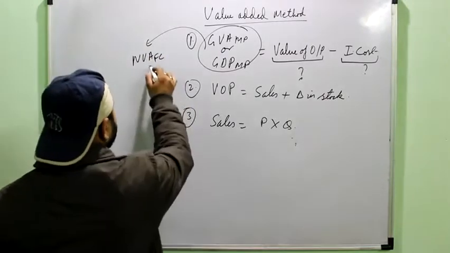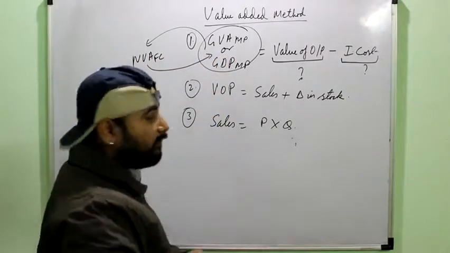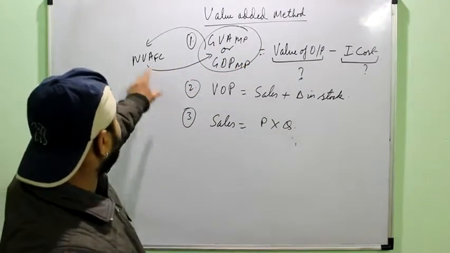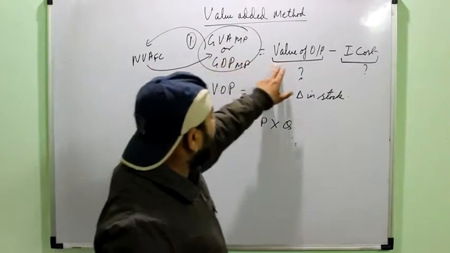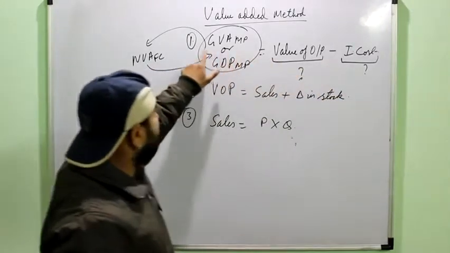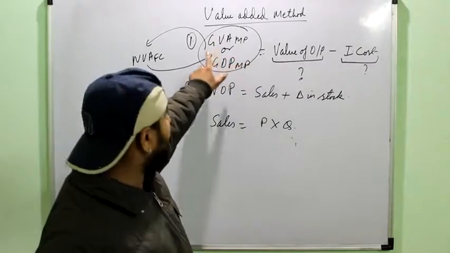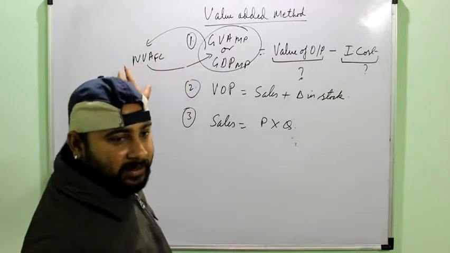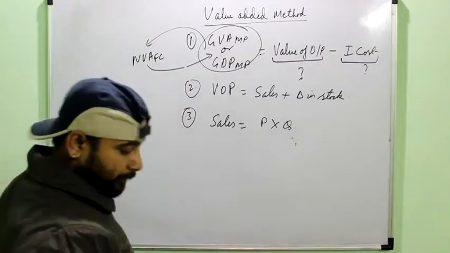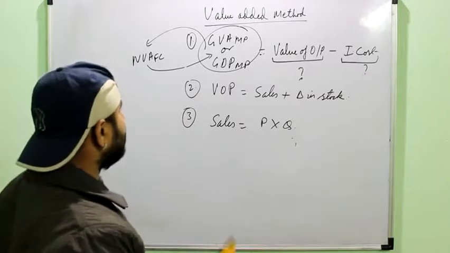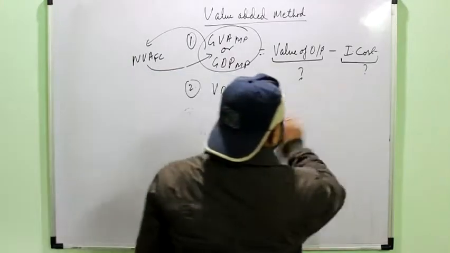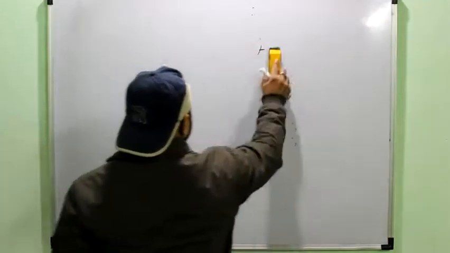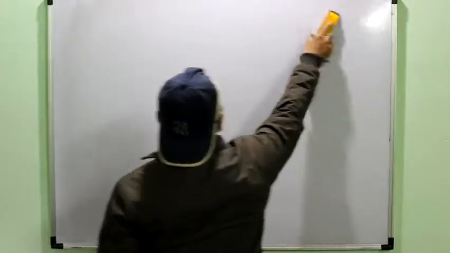then first you will convert this into GVA MP, because the formula is only for GVA MP, not for NVFC or NVMP or any other aggregate. So for finding the value of output or intermediate cost, first we need the GVA MP. Either it would be given to you directly, or you have to calculate it by converting some other aggregate which has been given to you. So these are two types of questions which can be asked from this particular method. And for better understanding of the methods, you have to solve each and every question which is there in the book. All the numericals you have to solve.